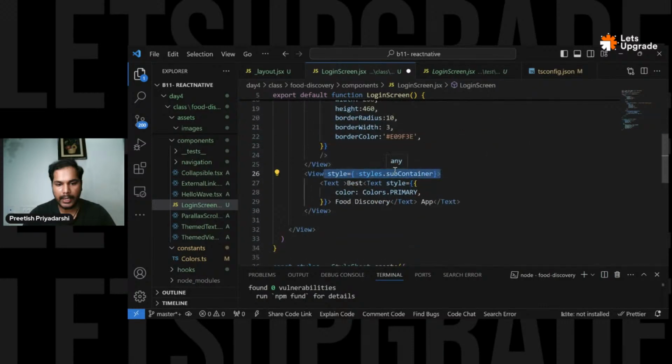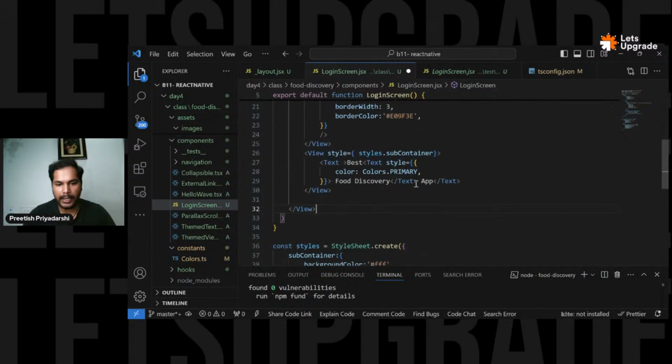I'll do the same for the food discovery. Food discovery, primary color is there, and app is there, normal. Okay, so this is done, and then what we can do next is